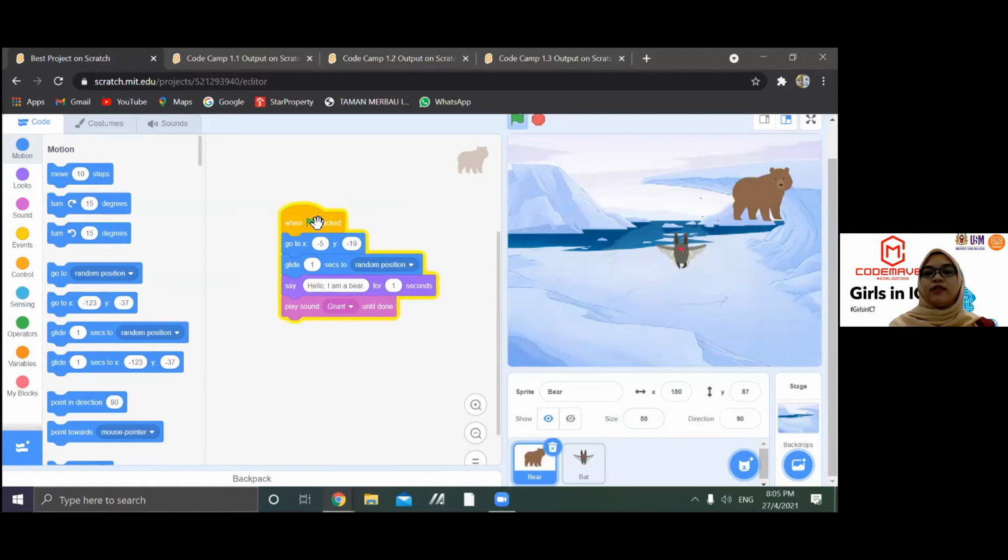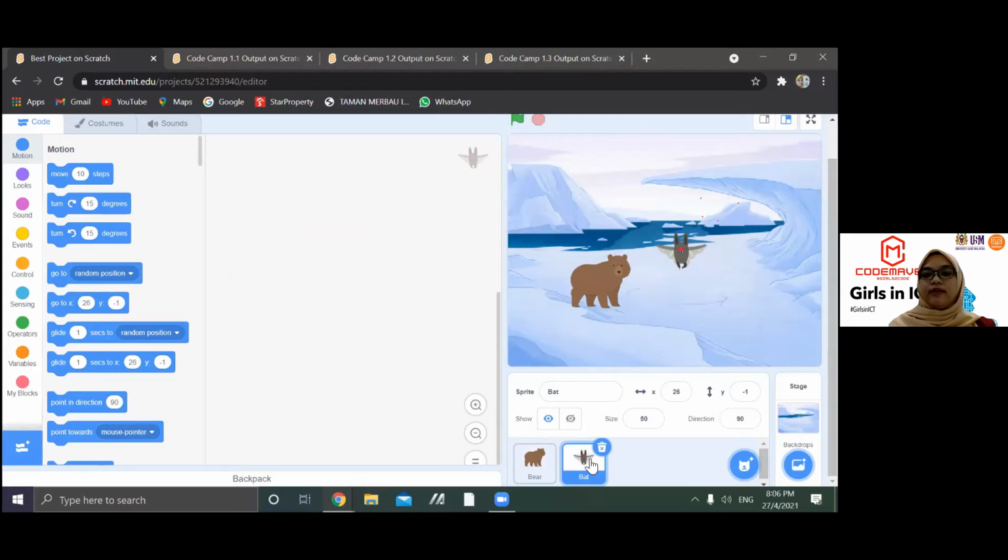Okay, these are the codes. That allows the bear to move. That allows the bear to say hello, I am a bear, with the sound. So these codes belong to one sprite, this bear. And then if we add another sprite here, for example a bat, you can see